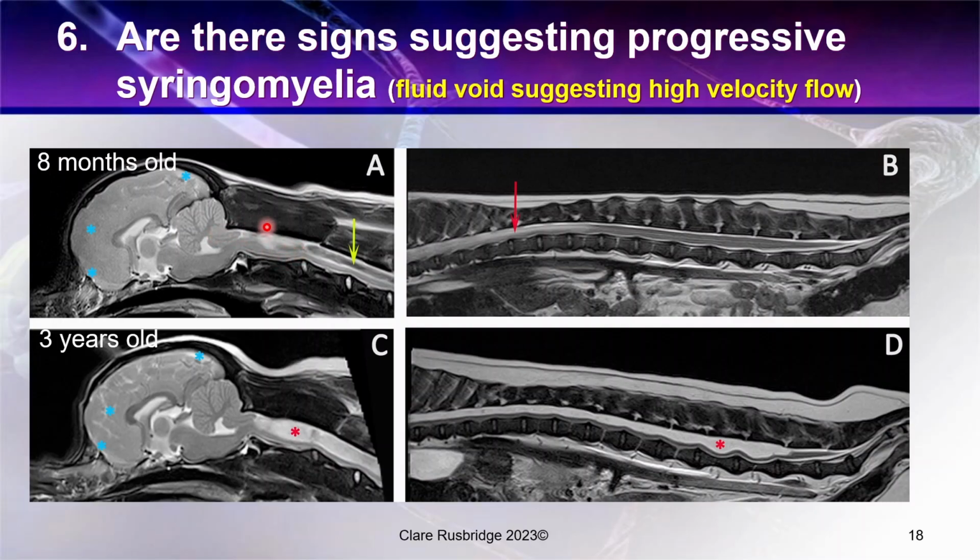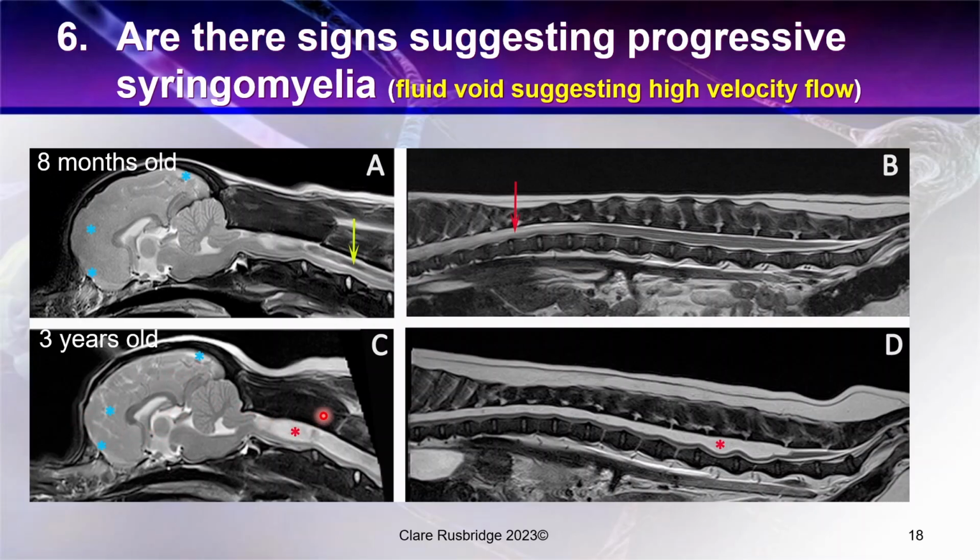We can also see that there's high velocity fluid just in this region before we get into the syrinx, and you can often see a high velocity fluid in the brain as well, for example going through the mesencephalic aqueduct. 3 years later, the dog's clinical signs have actually settled down quite considerably, and that's probably because